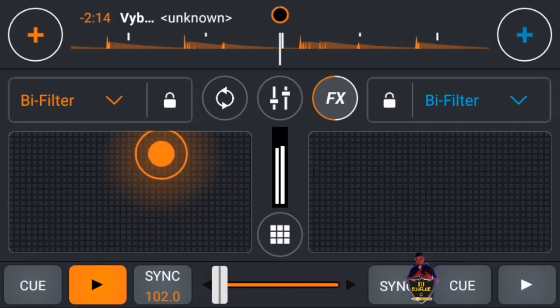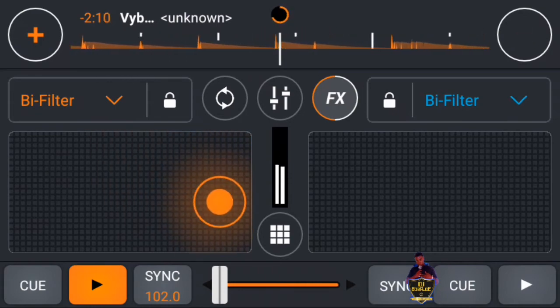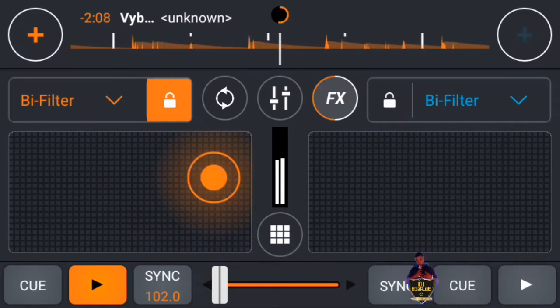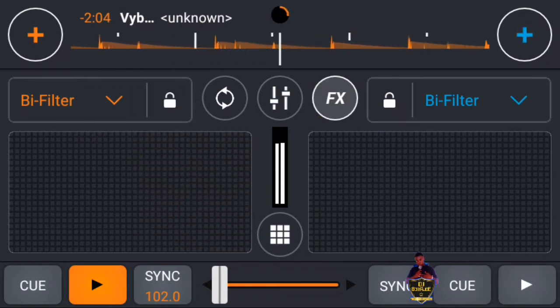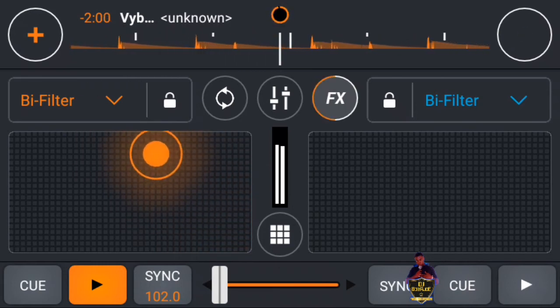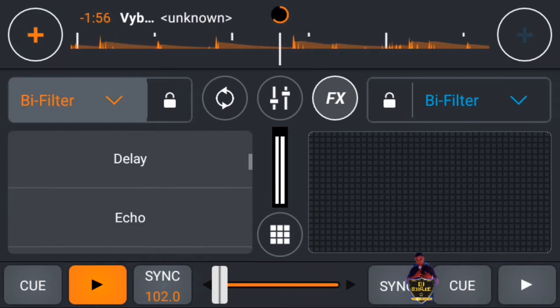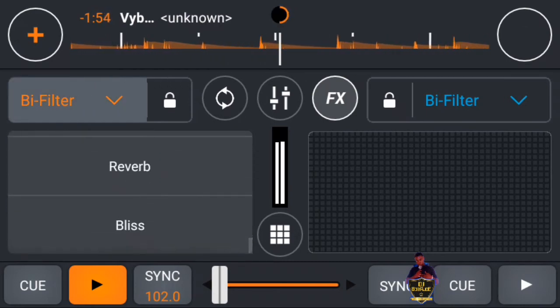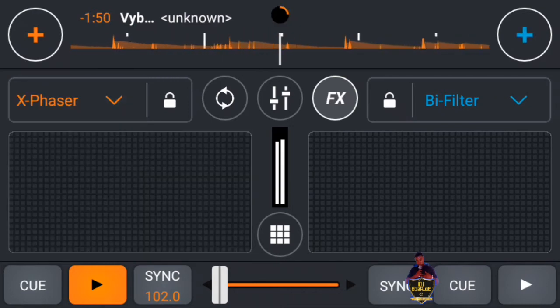If you drag it, you're hearing the sound. If I lock it, it is locked. Cannot move. But if it's not locked, I have to hold on it to play it. It comprises of more than about 10 or so different flangers, different effects. And this,